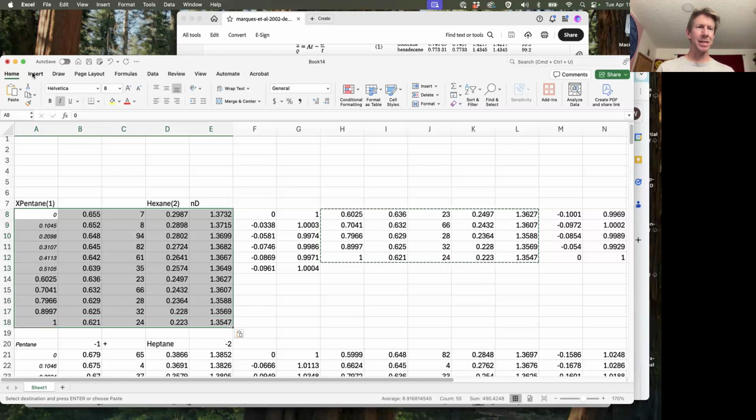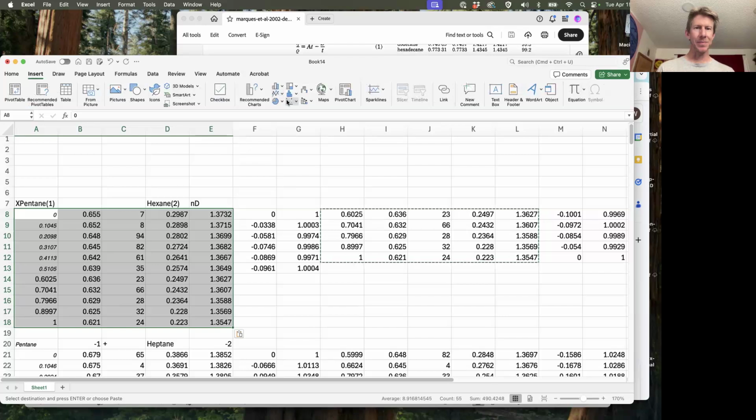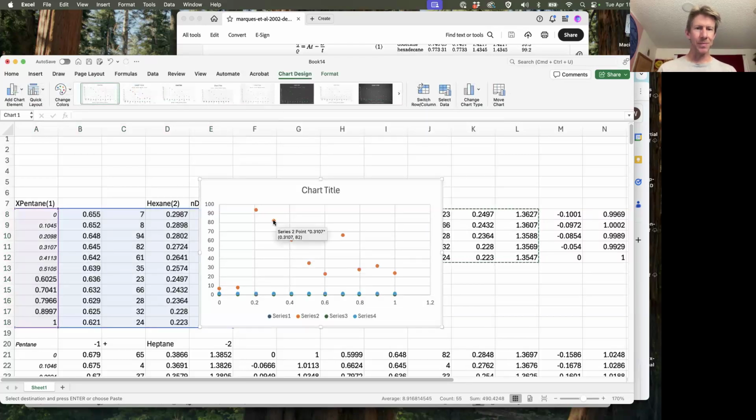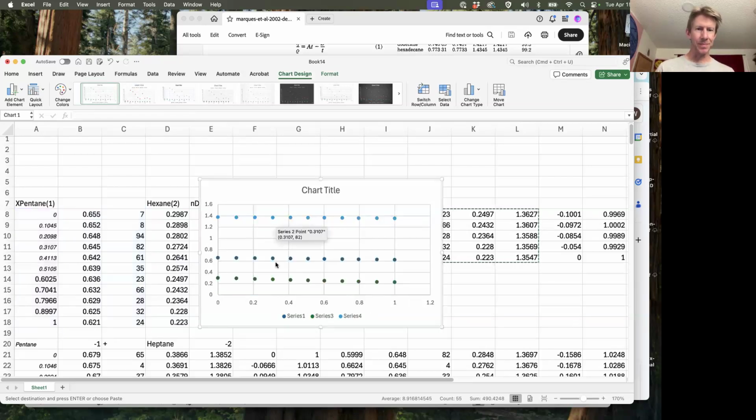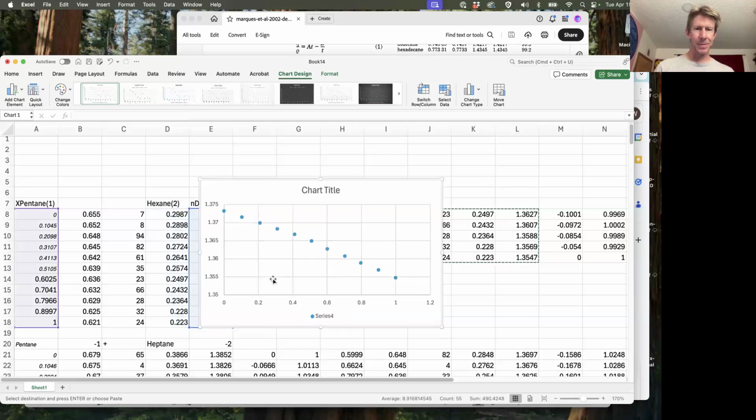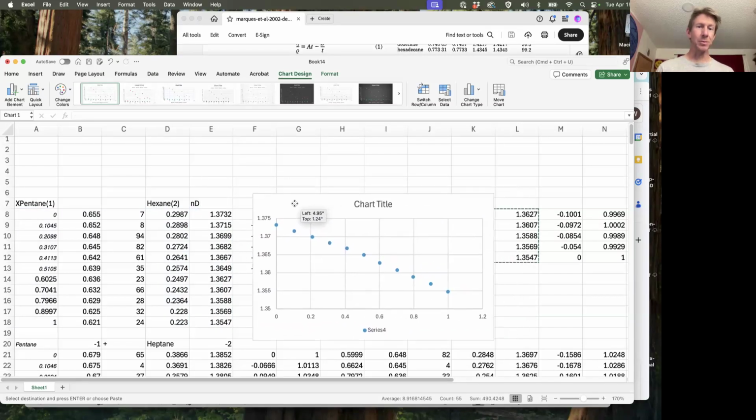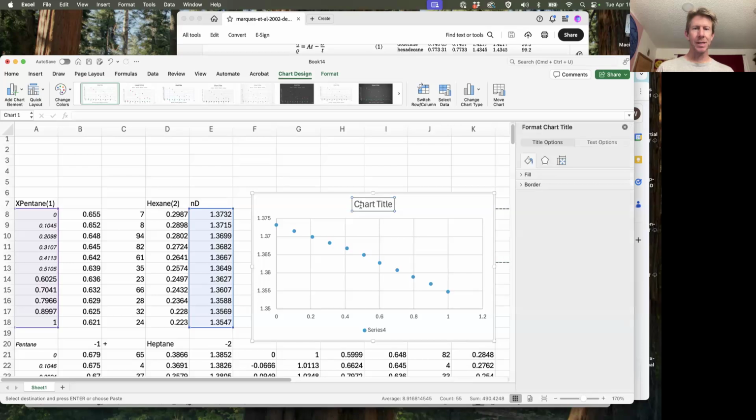There's a number of ways to do this, but I like to click and highlight all my data, insert it into a graph, and then if you click on each individual data set, you can cut them. And just leave your refractive index on the y-axis in the blue column, and your mole fractions in the purple column, and then you have a graph of that. You can label that. That's going to be ND versus X